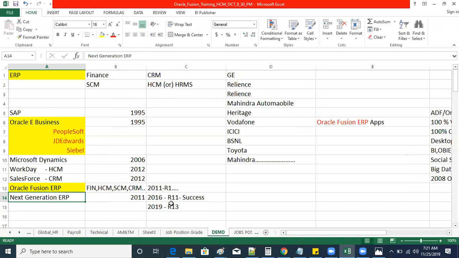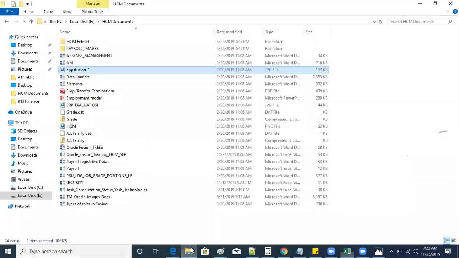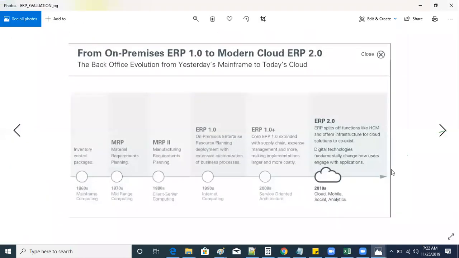Then 11 is the database version which we will be using at the backend. 13 is the release 13 version. 11 is the backend version. Okay, fine. So what Oracle says is that it's a next generation ERP. The reason behind this is, if we look at ERP revolution in the market,